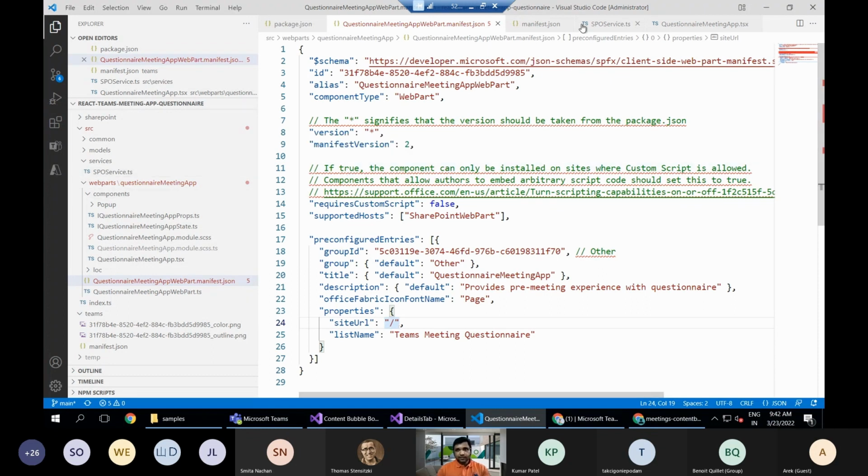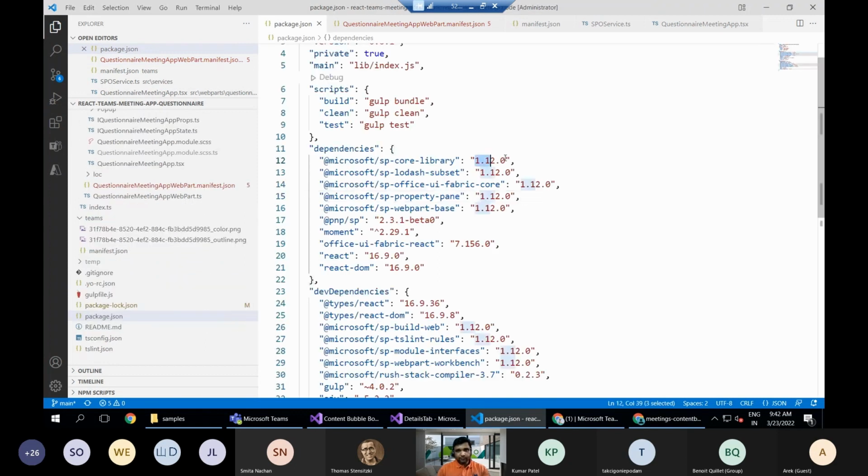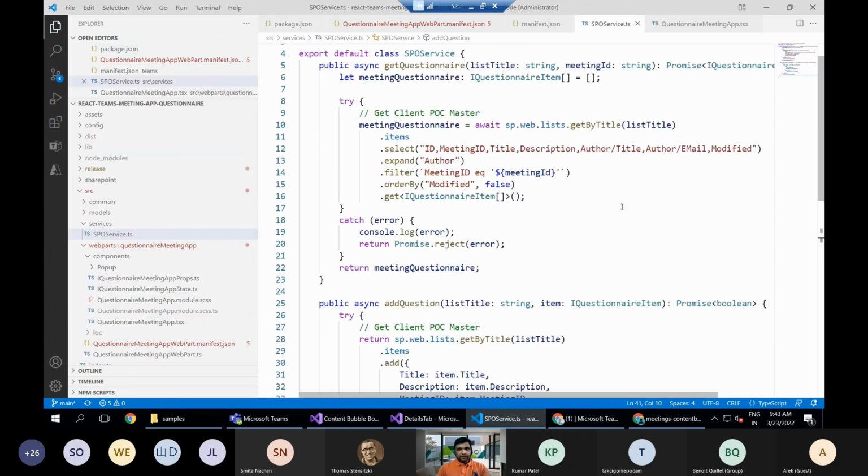And simply we have a package.json, from which it will be clear to you that we are using SharePoint Framework 1.12. So from SPFx version 1.12 onwards, we can create this kind of an app, which can be hosted as an app experience for meetings. And then again, simply going to the code, we have this code, which